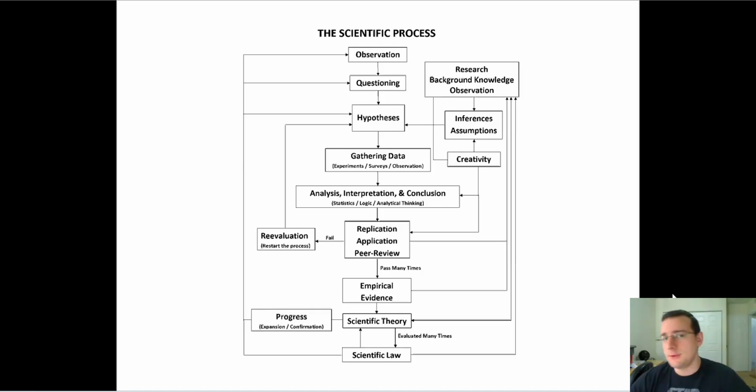Based on these hypotheses, though, science has to test them to see if we actually found the answer for the question or not. And so we do things like experiments. Hopefully that's what we want to do, so we can get the empirical evidence, that evidence that's substantial and that we can imply causation. We can say that A causes B. But sometimes we can only do models or surveys or observational studies, correlational studies, things which can't really imply causation. We can only say that A is related to B.